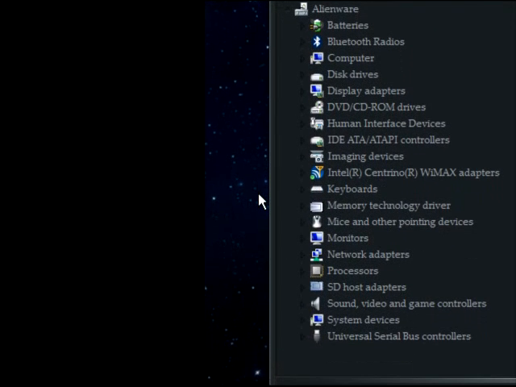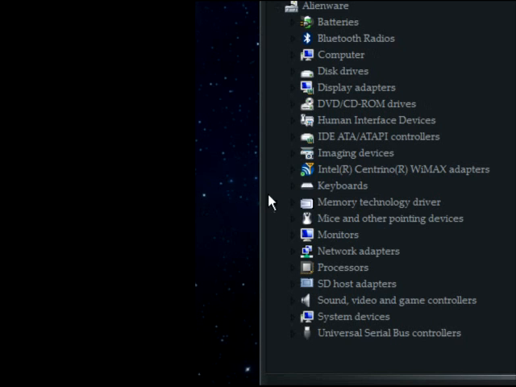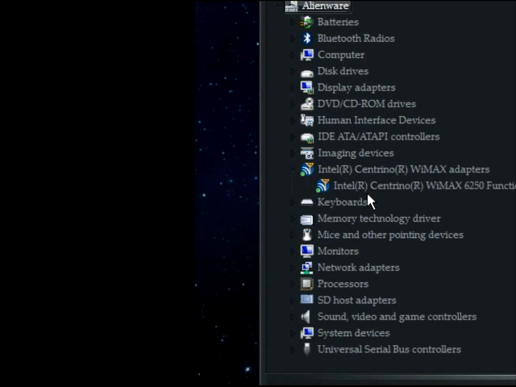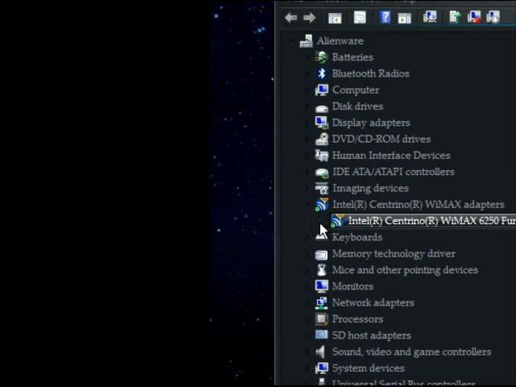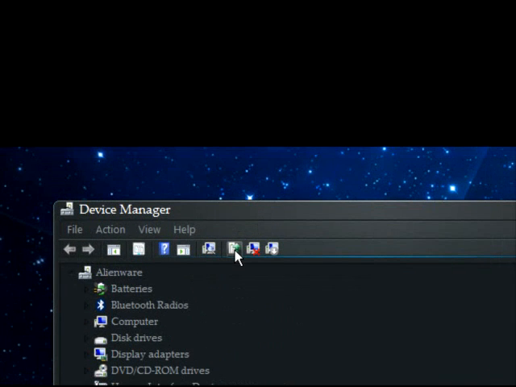For example, something that would be common, like if I updated my WiMAX and it's no longer working right, or it has a question mark beside it, or whatever, we would go to this,